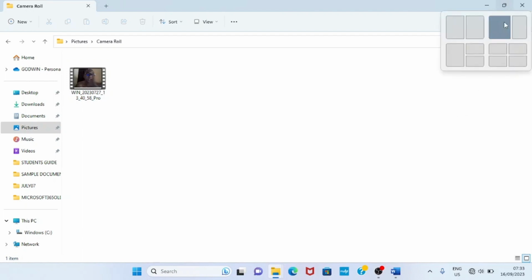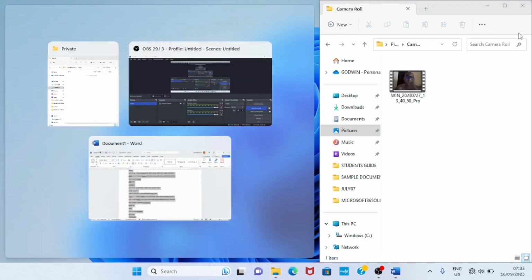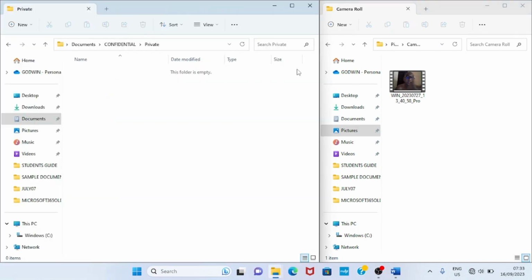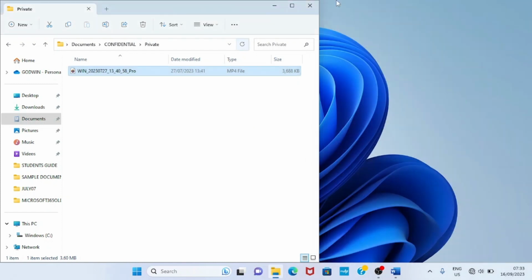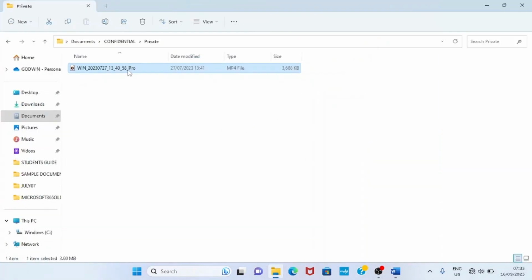So I'll minimize this as well to the right. This is the private folder. So let's assume this is the file I want to lock inside this folder. I will drag and drop. All right, so we have a file here now. I'll close this. I'll maximize this. Then I'll go back.